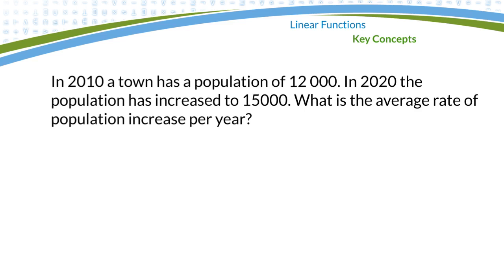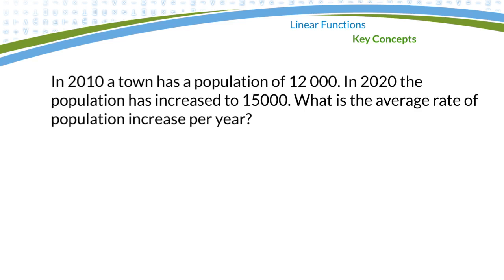Here's just a quick question that is a worded problem, but it's one where we're looking for slope, basically, or rate of change. It says in 2010, town has population 12,000. In 2020, the population increased to 15,000. What's the average rate of population increase per year? And so